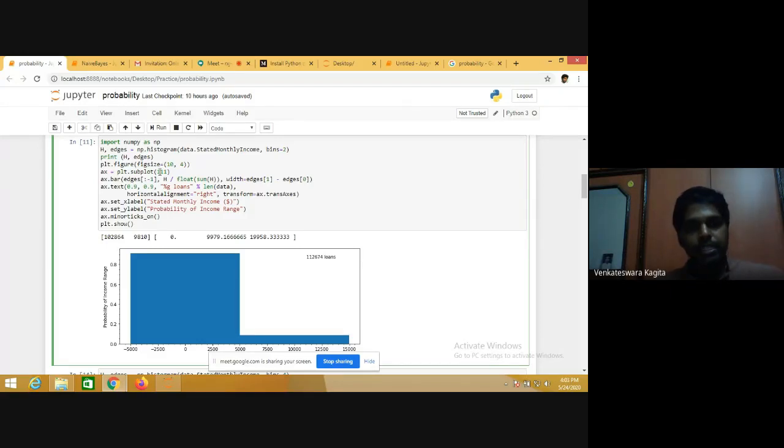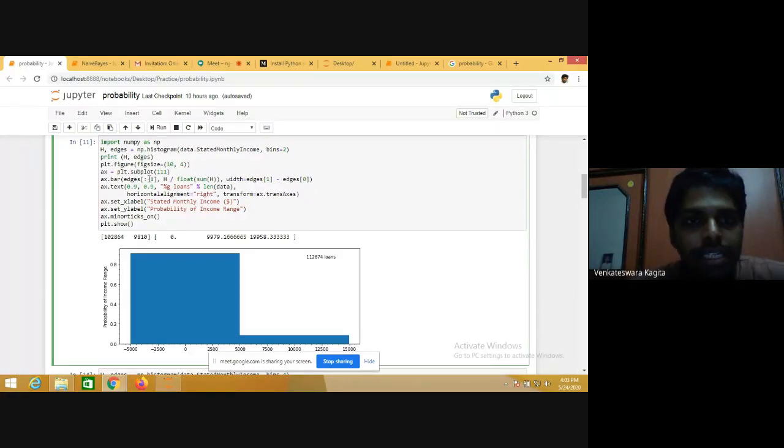Suppose you want to plot two subfigures in this, like a histogram of one data in one figure and a histogram of another data in another figure, or a histogram with two bins in one figure and a histogram of 4 bins in another figure, then you can give 2 1 1 for plotting the first figure and 2 1 2 for plotting the other figure. We have another example that we can see.